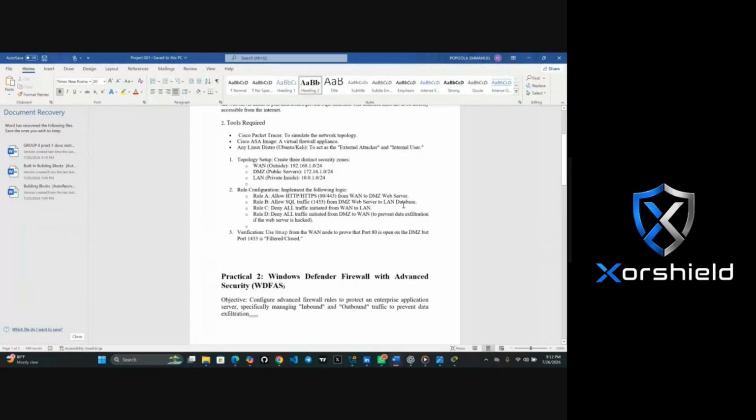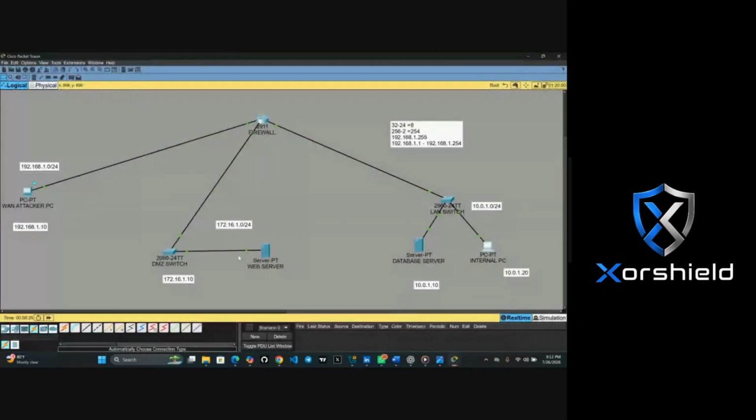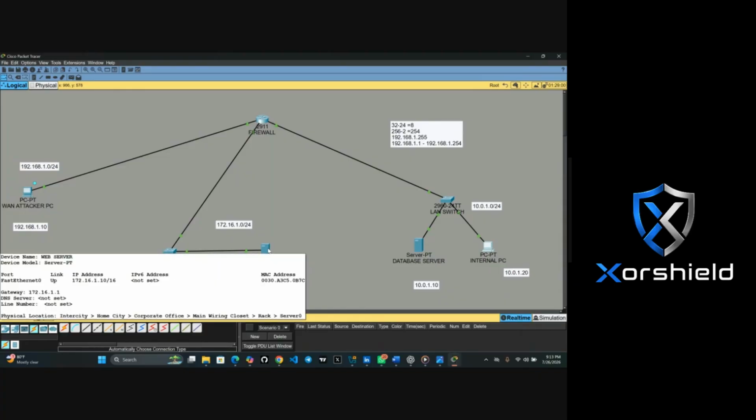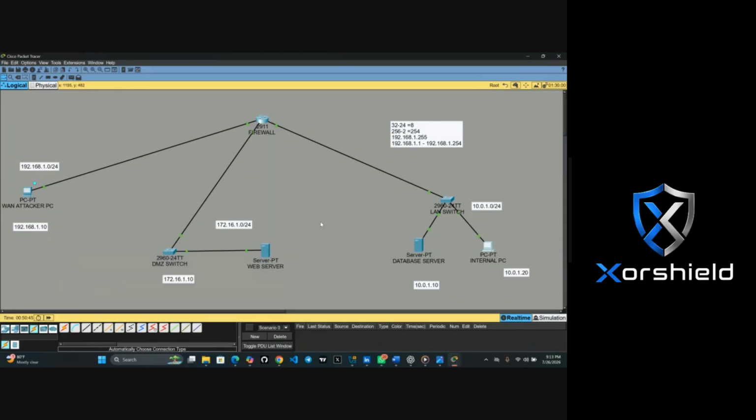What they are telling us here is that we should allow our DMZ web server to be able to access our database, moving from here to the switch to the firewall. That's what rule B is talking about. We should allow it.